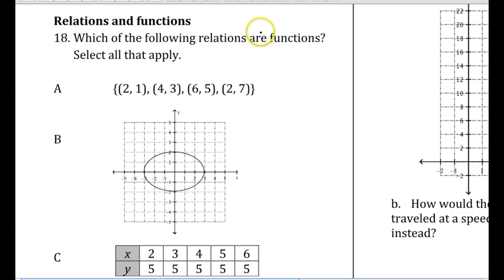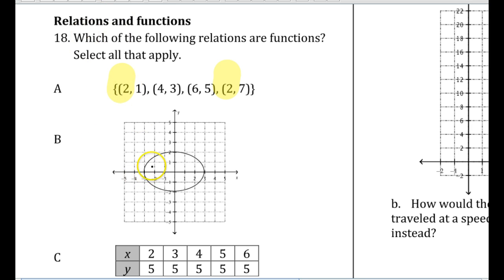Which of the following relations are functions? Okay, so for ordered pairs, we're looking really just at the x values. And do any of the x values repeat? So here you can see, yeah, the first and the last do repeat, so that is not